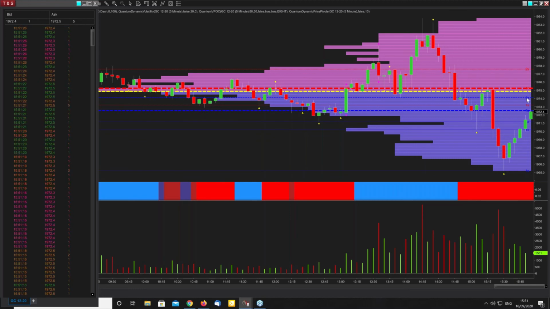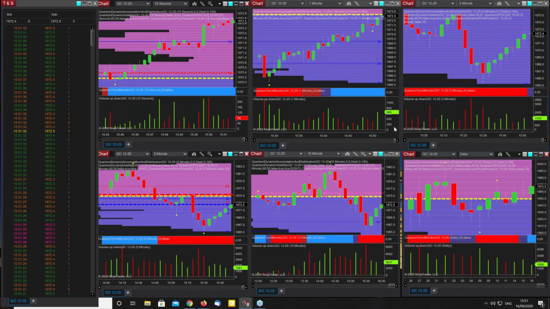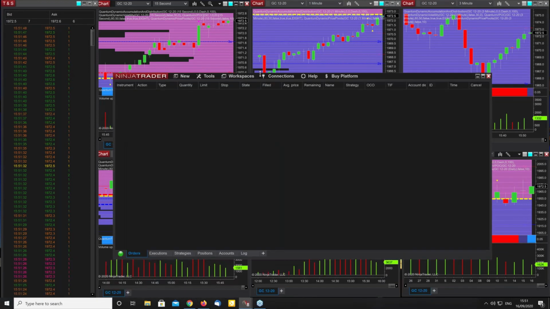Immediately above it, you've got a level below it. You've got this level that's being tested now. You can see it's struggling at that level. Plus, you've got to wade through all this volume on the chart as well. It's going to take a heap of volume to drive through that. It's not looking particularly strong. So if you're going to jump in at that point, I'd say probably not the best thing to be doing right now. And that's what it's about. It's about analyzing the charts in multiple time frames.